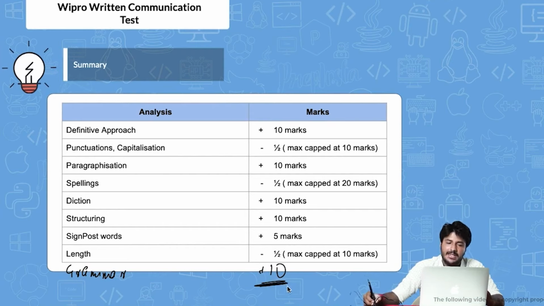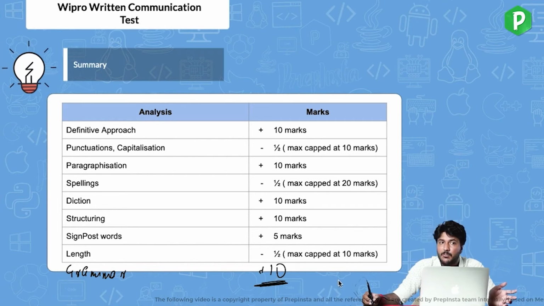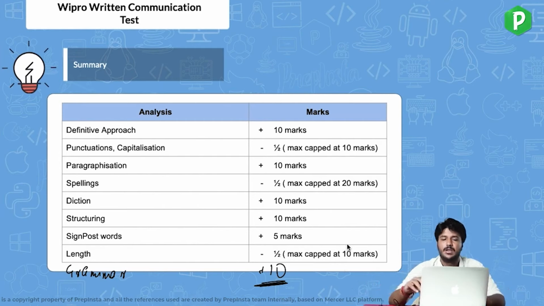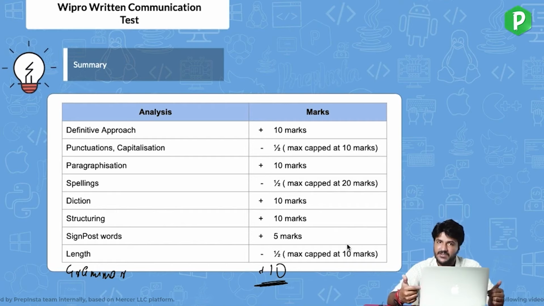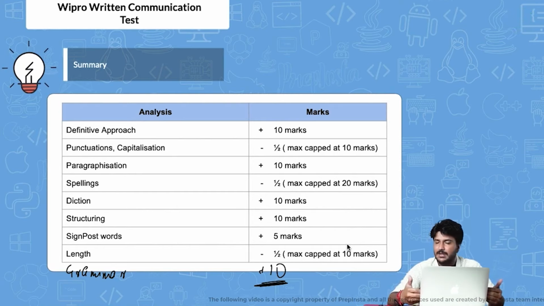Earlier it was negative marking, but now they're going to give you full 10 marks for grammar. And if you make mistakes, then fewer marks. We're not aware of how many grammatical mistakes will get how much negative marking, but 10 marks for grammar, that we are 100% sure. Right. So take a screenshot of this before you attempt the exam. Go back to your phone, check all of these points, refresh upon it, and then write the paragraph, making sure that you are following all of this analysis summary.